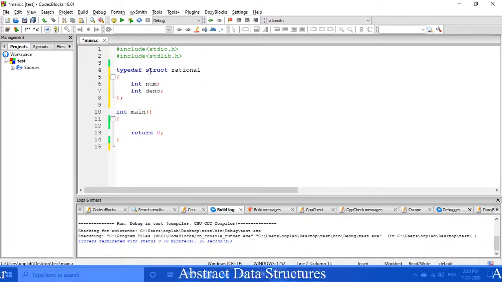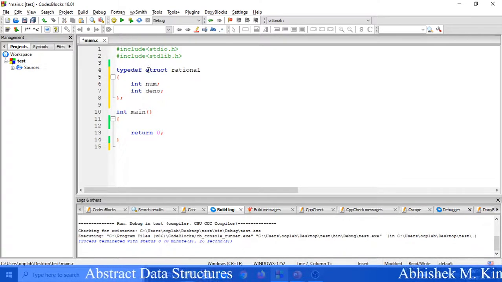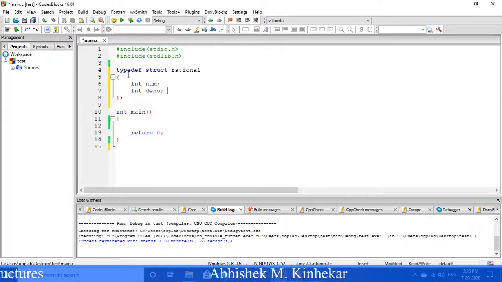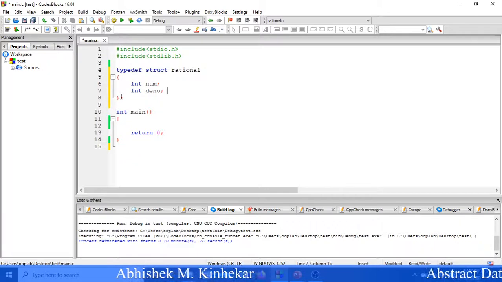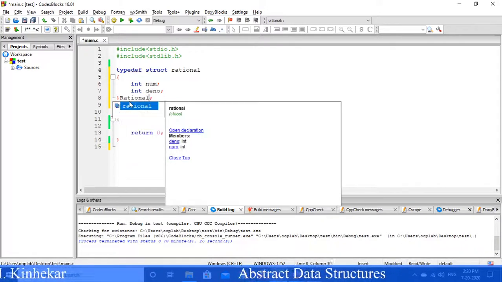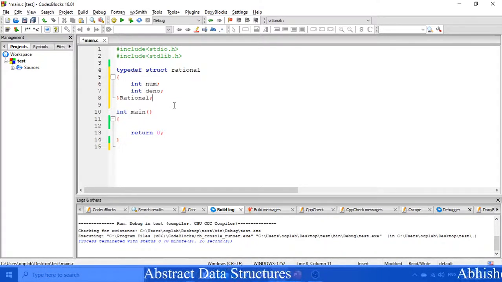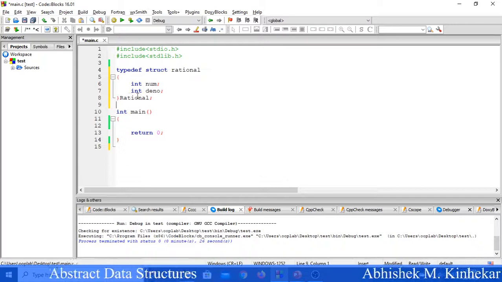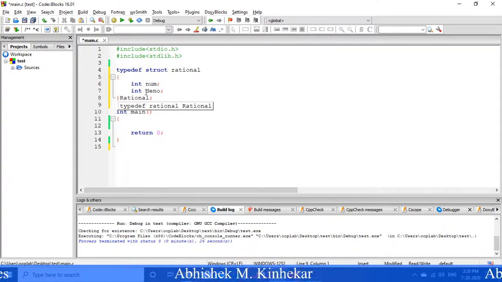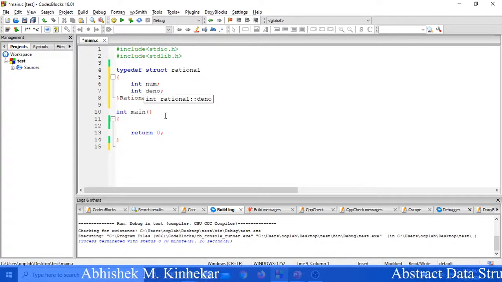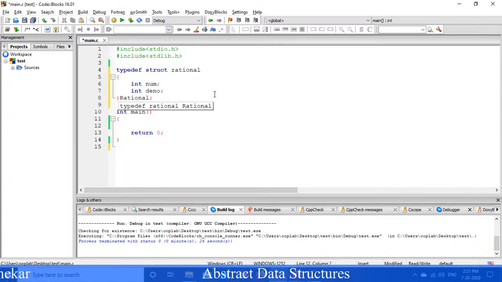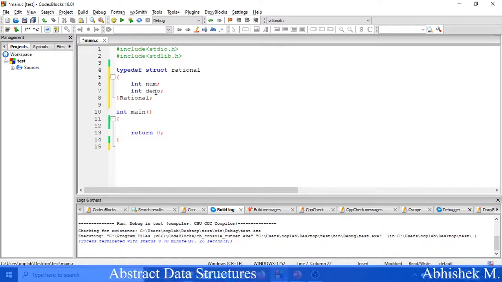But as we all know, a structure does not get memory when it is declared. Then what gets memory? The instance of the structure gets memory, correct? So typedef will be complete only if I create an instance of this. Let me create an instance of this rational with capital R. That simply means Rational with capital R is an instance of the new structure called rational, which comprises two things, numerator and denominator. Now this is not a pointer instance, it is a simple static instance, so we will use the dot operator to access numerator and denominator, correct?